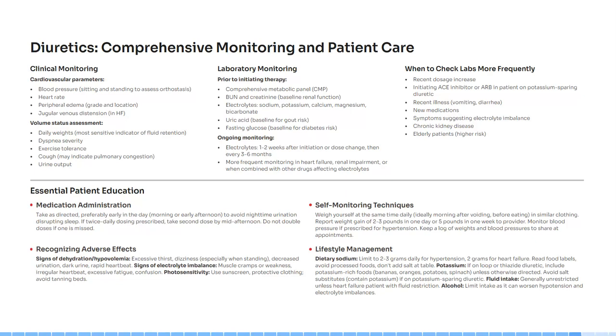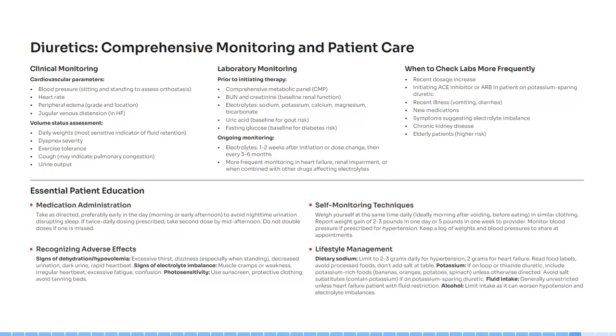And then we're going to be checking their jugular vein distension, especially for heart failure patients. Teach your patients to weigh themselves at the same time daily, ideally in the morning after going to the bathroom, but before eating, and in similar clothing. They need to let you know if they gain 2 to 3 pounds in one day or 5 pounds in